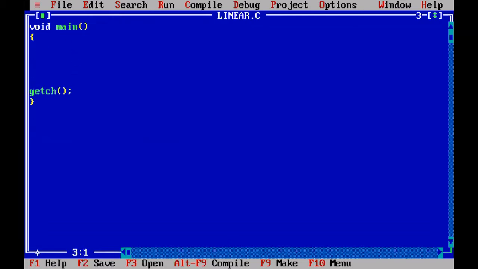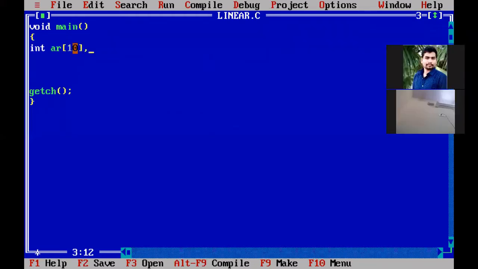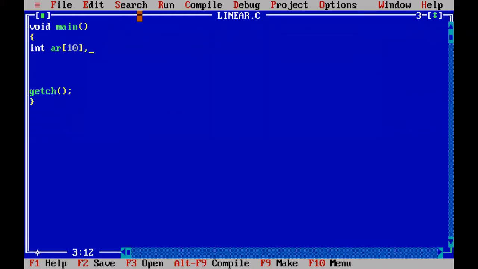What you require to store the list of values is one integer array, which I represent with AR. The maximum number of elements I can take is 10. Even though the maximum capacity of the array is 10 elements, I am not going to take 10 elements; sometimes I take 5 elements, sometimes I will store 6 elements, 7 elements. So that number of elements is represented with n. After the array, how many elements you are going to store into that AR array can be represented with n.